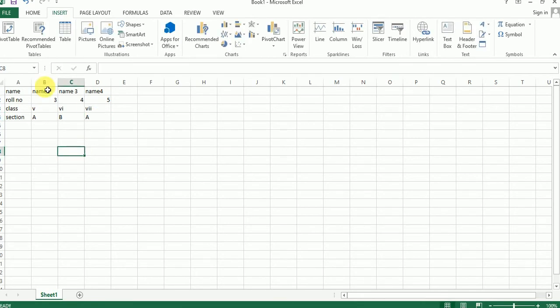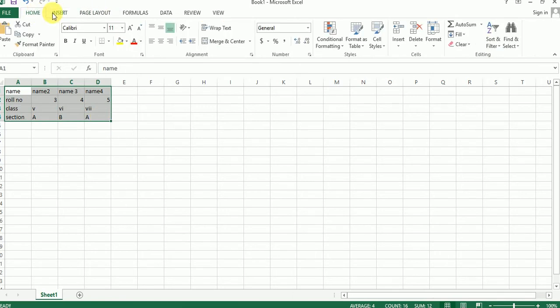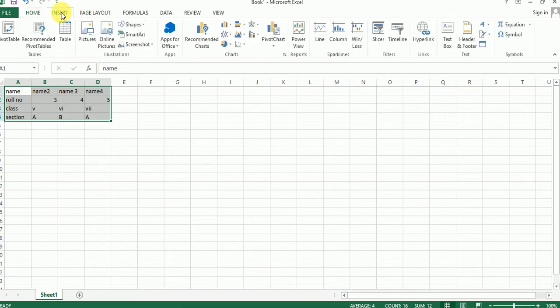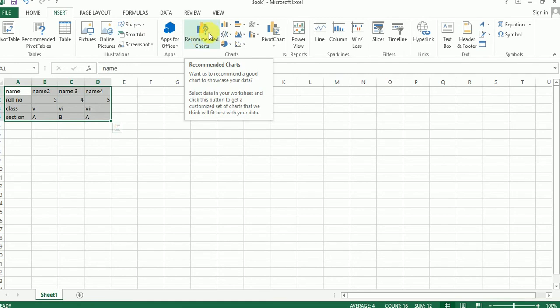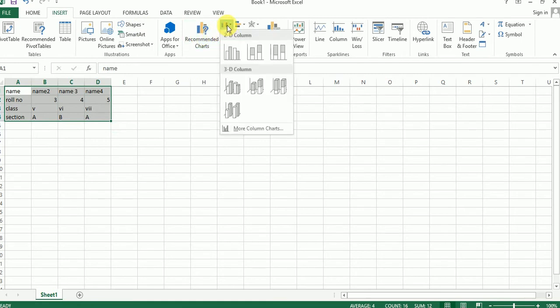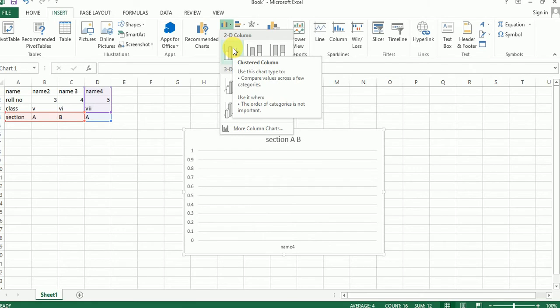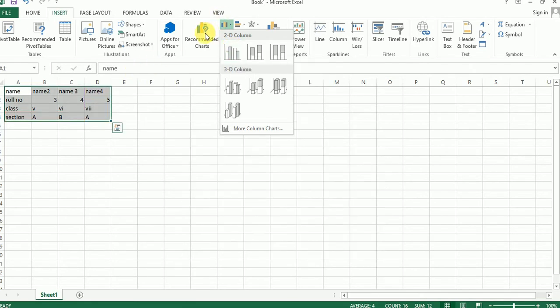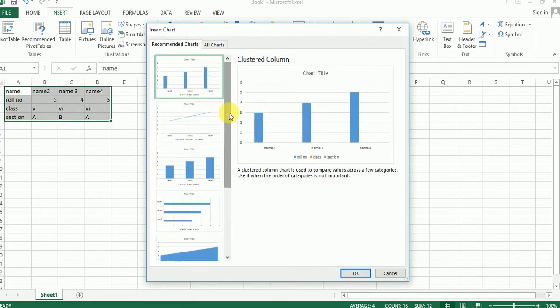Okay, so now you select this cell and the insert button. It is called a tab, the insert tab, sorry, not a button. So home tab, insert tab, page layout tab. Now we can use the insert tab, recommended charts. You can also use recommended charts, but no problem. I can use this one. You can also show it.